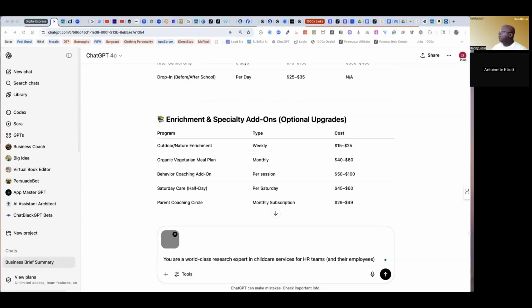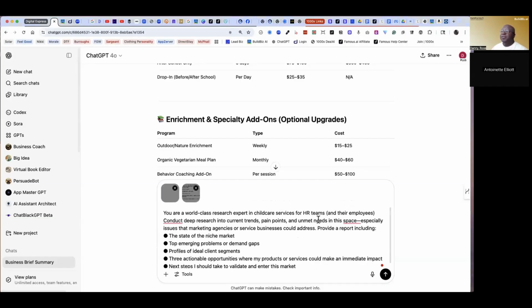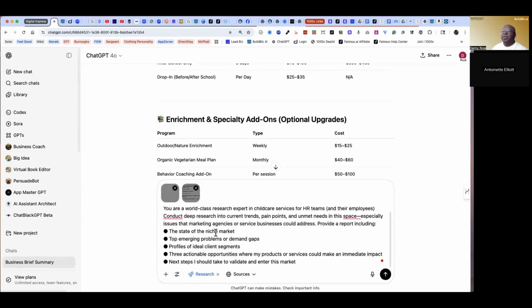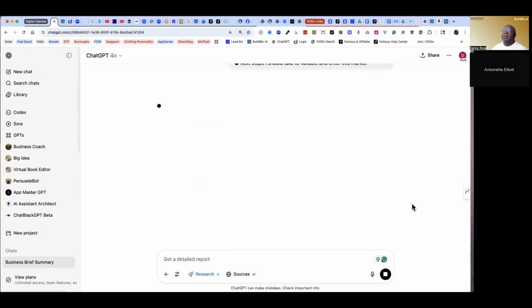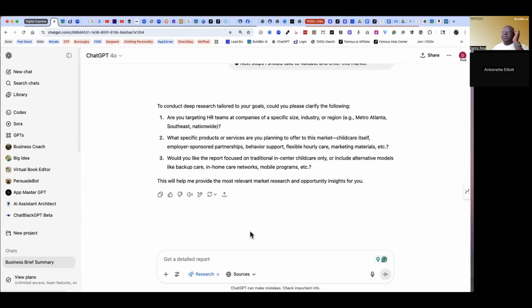And then let's do a deep research on this. And while it's doing that, I'll show some other fun stuff that we're working on. All right, so basically what I'm asking it to do is run some deep research on this. I want it to take the time to look at the space that you're in and see what's going on in this market, the top emerging problems, and then look for additional kinds of things that you may not have considered yet. That's where the deep research comes in.